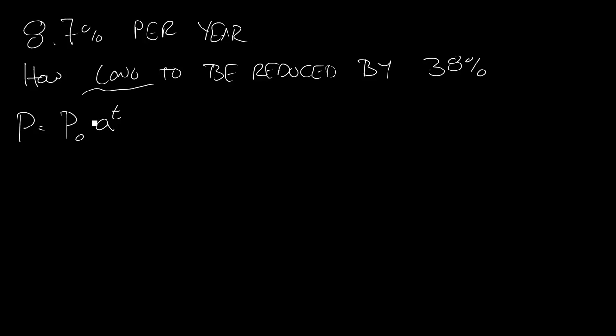This a is how fast things change, right? If you remember the formula, a equals 1 plus r, so our growth factor is equal to 1 plus our relative rate of change. You might think I can just make a equal to 1 plus 0.087, which is 1.087. But that's not what you want here, because it's decreasing by this percentage per year. You'd be really close, but you need to make this a minus here. So we'd plug 1 minus 0.087 into our calculator to get that a is equal to